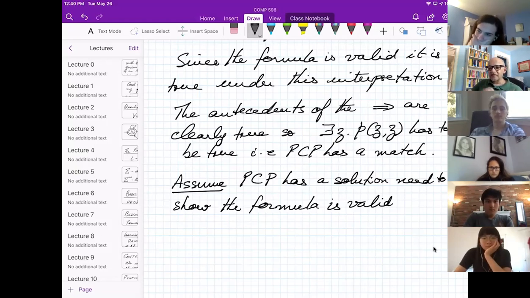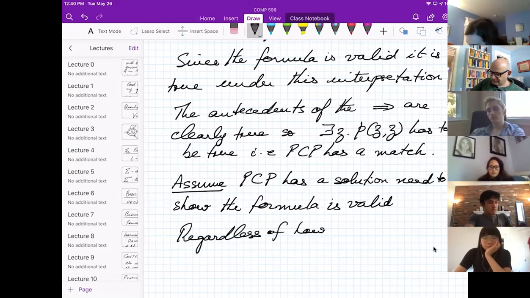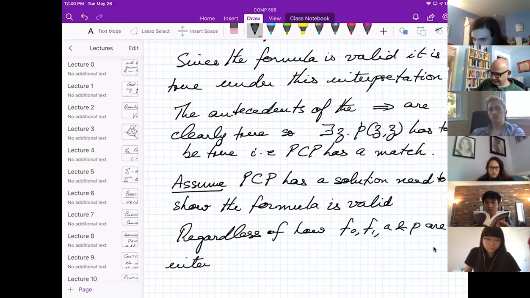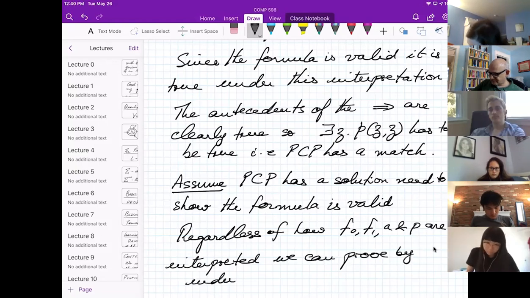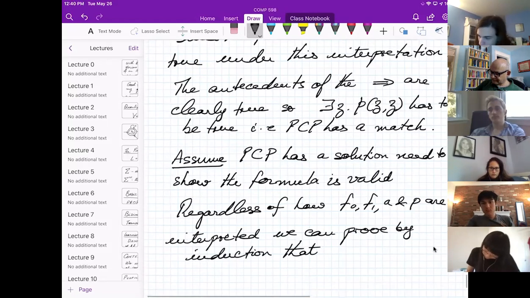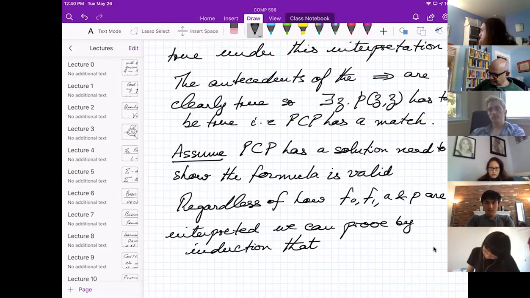And so now we have to argue, regardless of how you interpret the F's and the P's and so on, regardless of how F0, F1, A, and P are interpreted, we can prove by induction that if the antecedent of the implication holds,